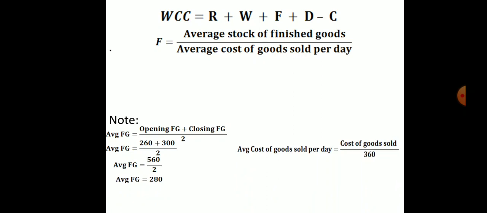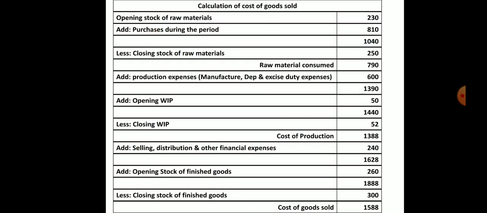So next we have to calculate average stock of goods sold per day. The formula for this is cost of goods sold divided by 360. So from this table, what is the cost of goods? So the final step is